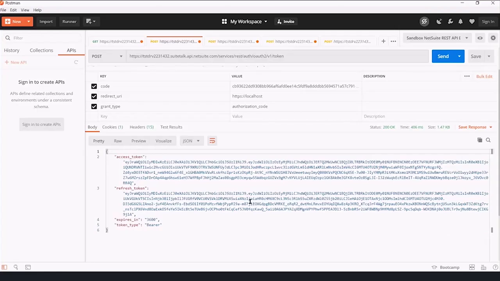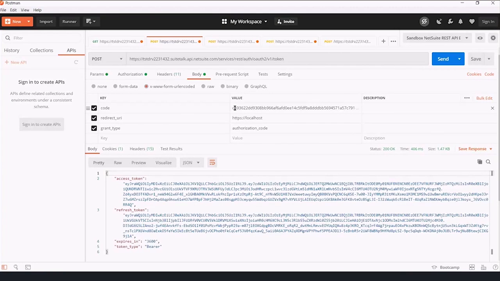Now, this entire process in Postman, or not the entire process, but once you have the code back from the NetSuite owner, this can all be done by the developer. I now have an access token and a refresh token that I will save